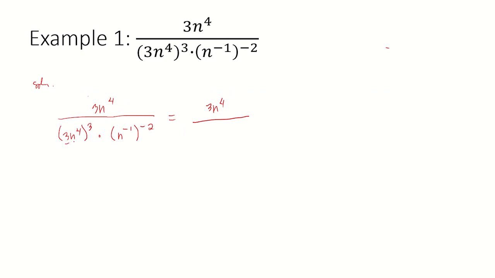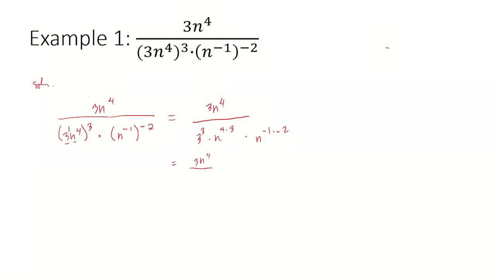Kasi meron tayong dalawang base dito, 3 at n. So, magiging 3 to the power of 3, kasi yung exponent ng ating 3 dito is 1. And 1 times 3 is 3. And then, n to the power of 4. Yan yung ikalawang base natin. I-multiply natin yung 4 with 3. And then, dito naman, we just have to use power rule. Isa lang naman yung base natin, n. So, i-multiply natin yung negative 1 at saka negative 2. And then, we will get